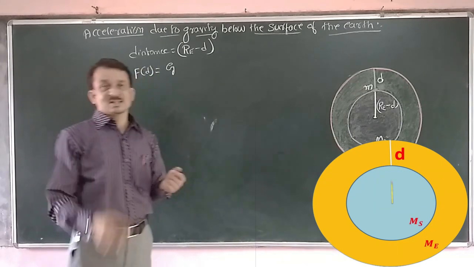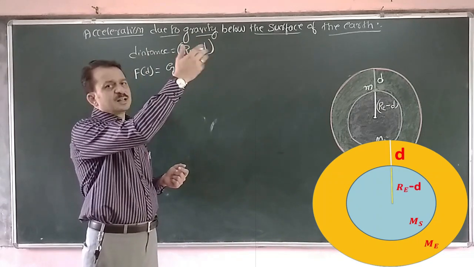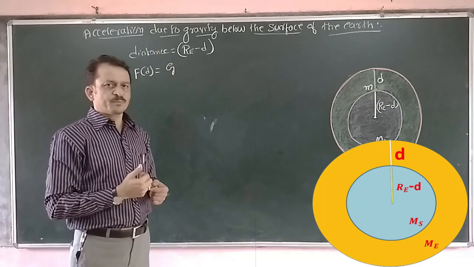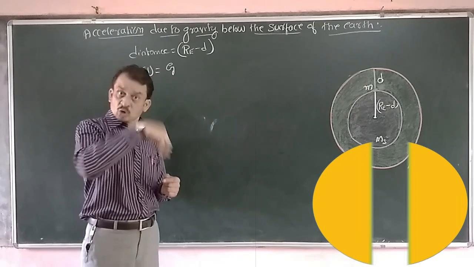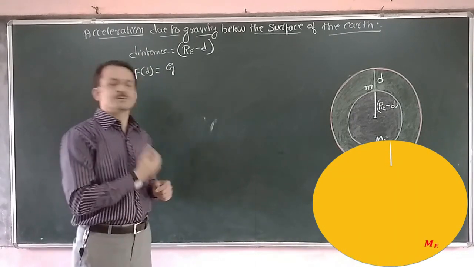Two results in the case of a spherical shell. If the point mass is outside the spherical shell, then obviously there is a gravitational force. If the point mass is inside a hollow spherical shell, the gravitational force is zero. That concept you are using.